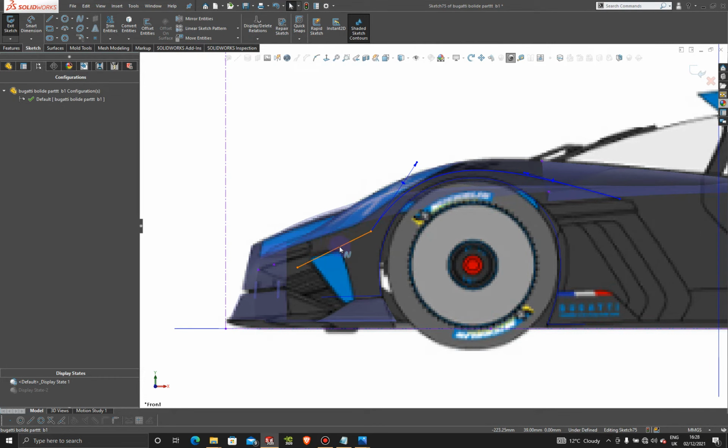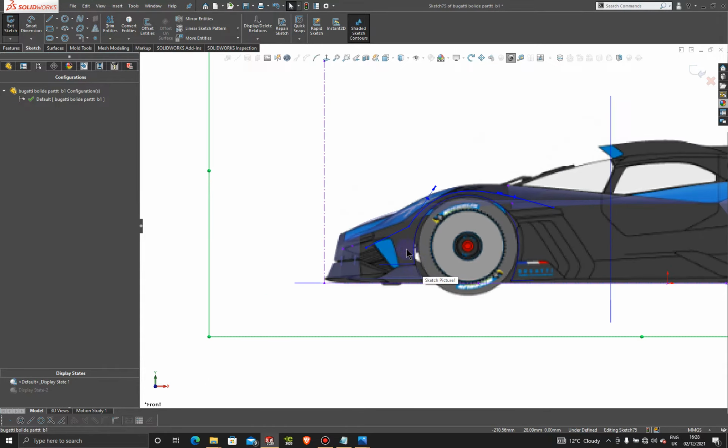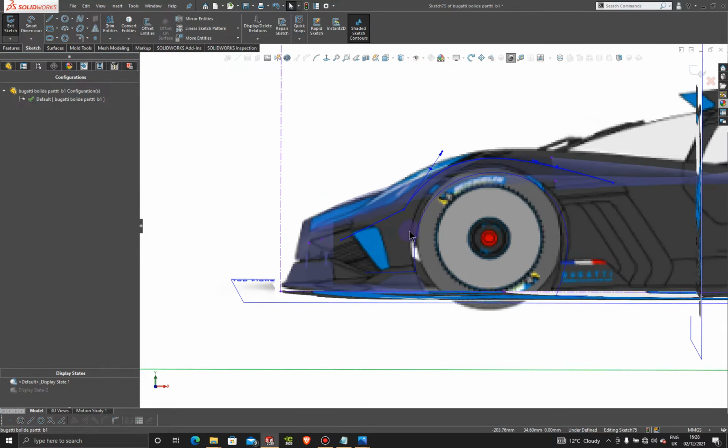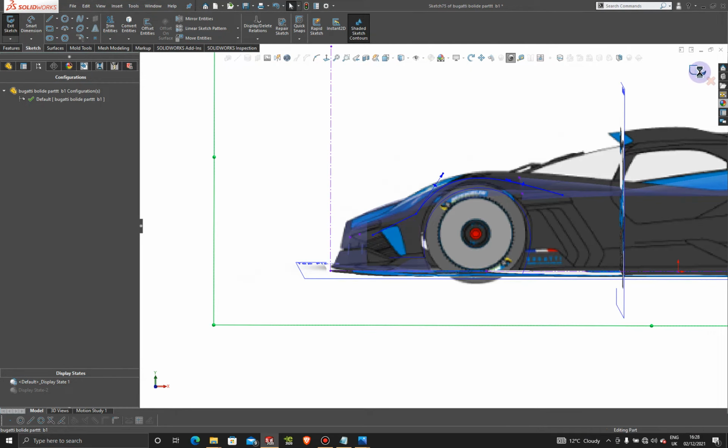Okay, and we don't need to add a profile on this one since the second sketch will create that profile, and of course that will adjust itself. Okay, so that's the first sketch. Exit here,